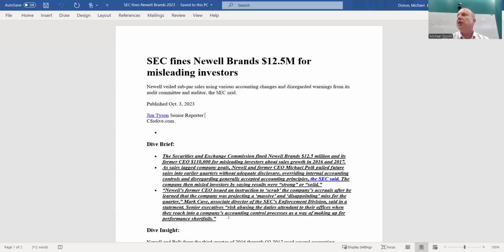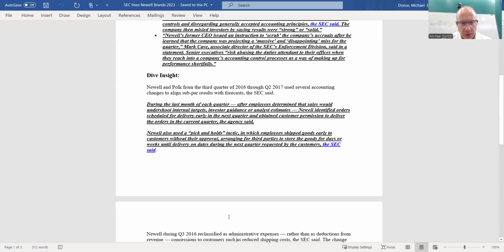Overriding controls. This is management override of controls, when they ignore the controls. They give a little more detail here. During the last month of each quarter, after employees determined that sales would undershoot internal targets, investor guidance, or analyst estimates, Newell identified orders scheduled for delivery early in the next quarter and obtained customer permission to deliver the orders